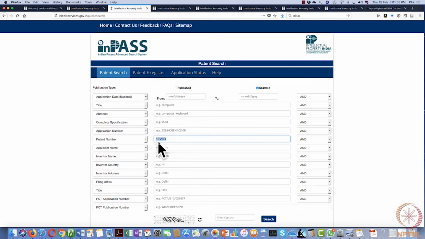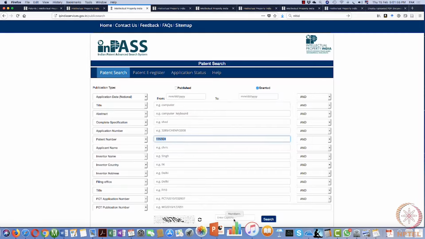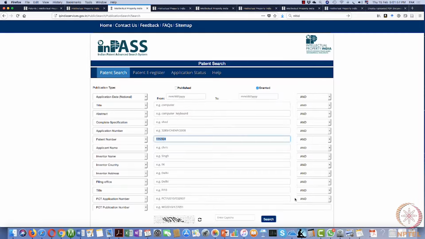You would have seen this before. This is the patent number which we used for discussing the Bajaj case, the Bajaj patent for the twin spark plug in an internal combustion engine employing 4-stroke technology. Now, we search on it, we add the CAPTCHA, and when we press search, we go to a page that